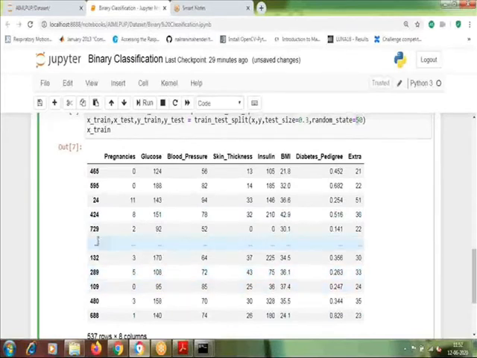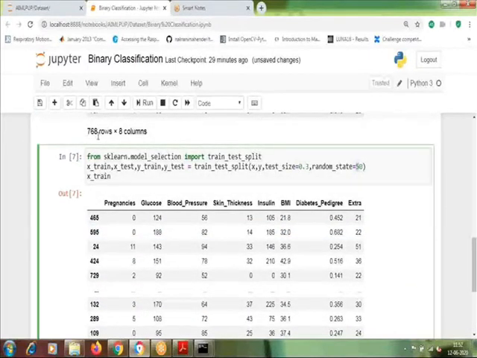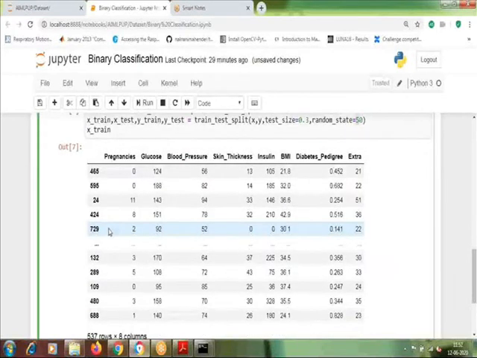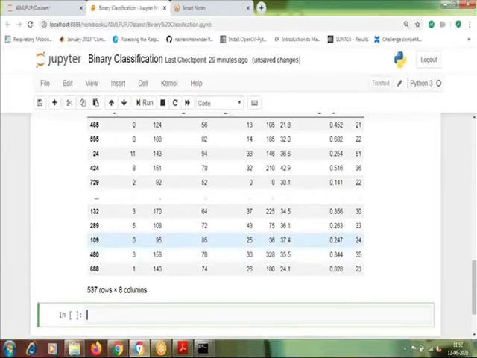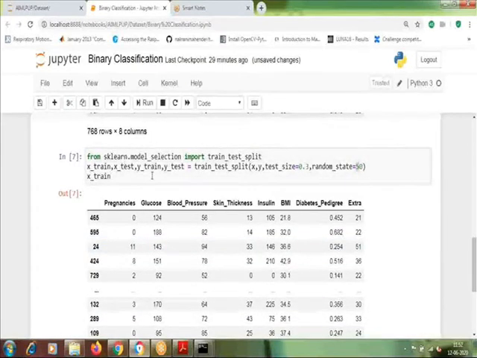That is important, you are making your data set random, and that is very important for the model. Next, you can see that out of the total 768 rows in our data set, only 537 rows are selected for training and the remaining rows are selected for testing. This way we can split the data set into training and testing.